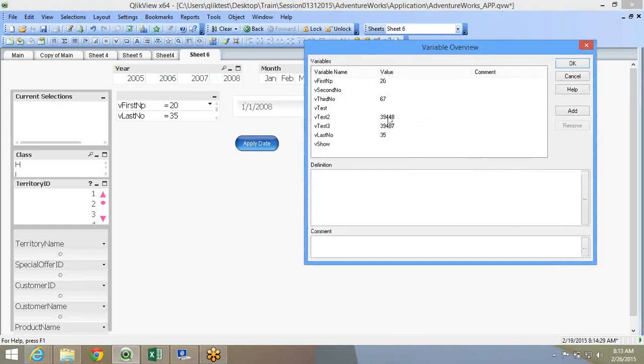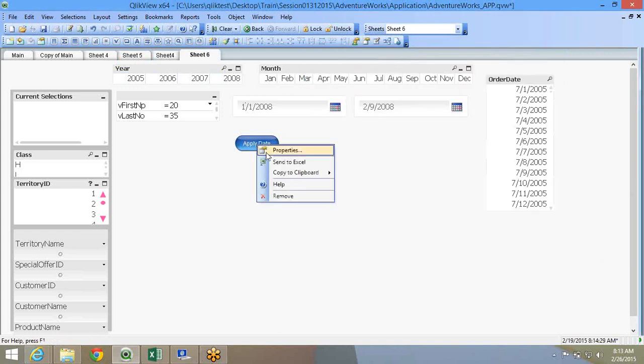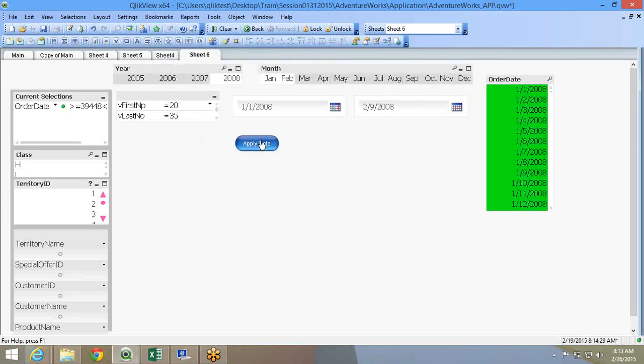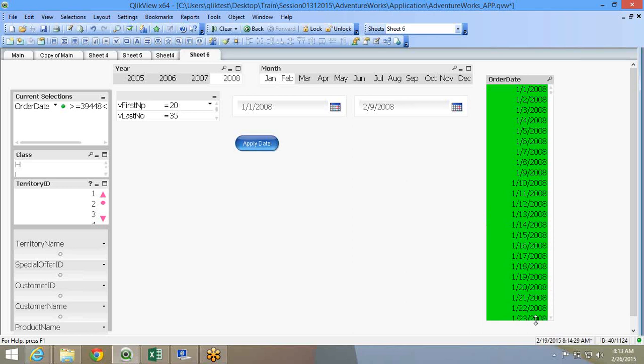What is the variable over here? Test3 is the right one. Right. Now my entire range is selected. So if you look at it, the data is selected for that particular range.